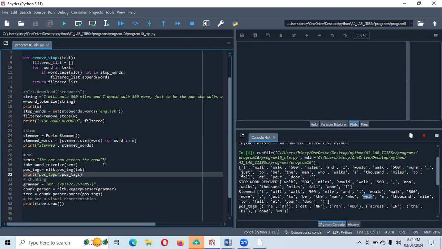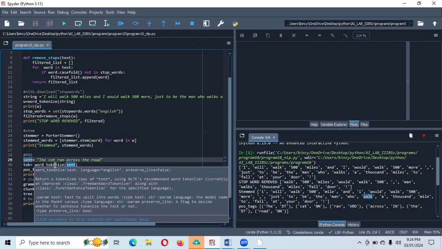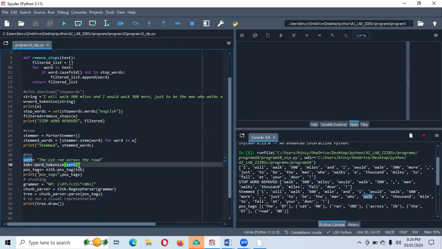There is a list in your NLTK. According to the list, it will give you the word and the part of speech. So, the cat ran across the road. This is the example sentence. You are storing it into the variable sent. Next, what you are doing is word_tokenize of sent. You are tokenizing the words and storing them in